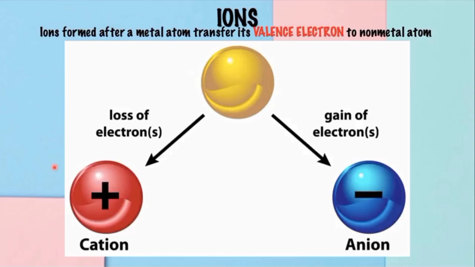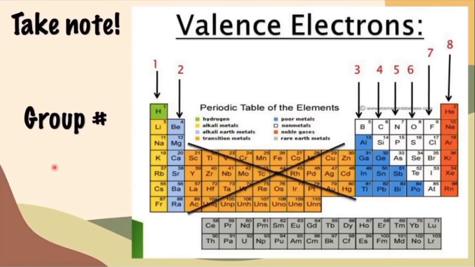And now we're going to talk about the valence electrons. When we say valence electrons, they are the outermost electrons in a subshell. These electrons are found in the last orbit in our orbital notation. We can identify the valence electrons of any element by looking at our periodic table. Please take a look at this picture. Take note that the